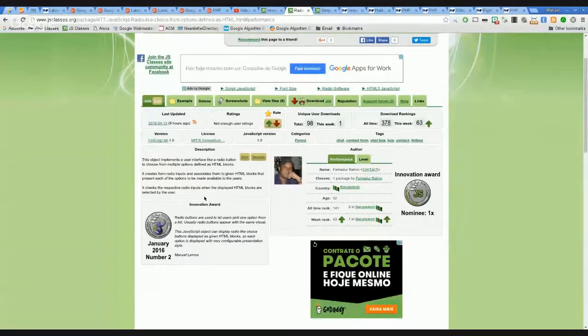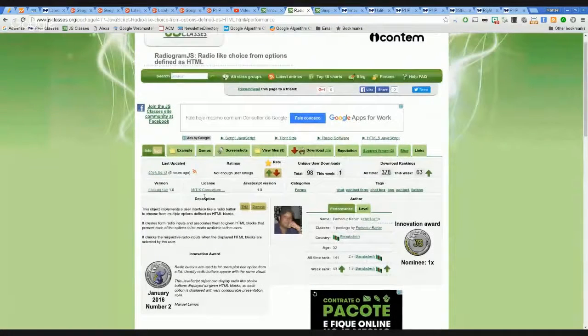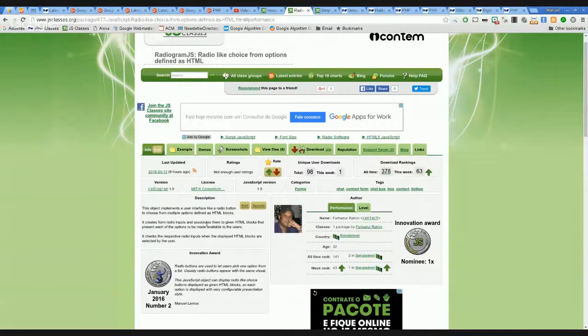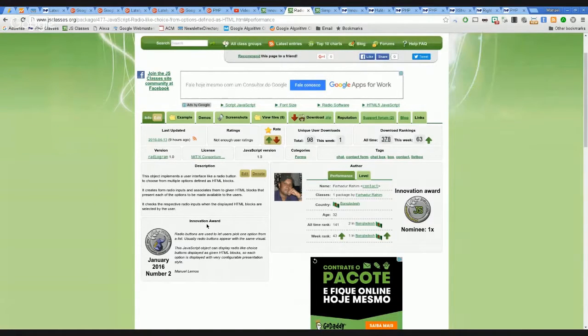He sent a package called Radiogram JS, and it lets you have multiple single choice user interfaces to pick from a certain option defined in HTML, and it automatically creates radio inputs associated with the HTML blocks that will be available to the users.